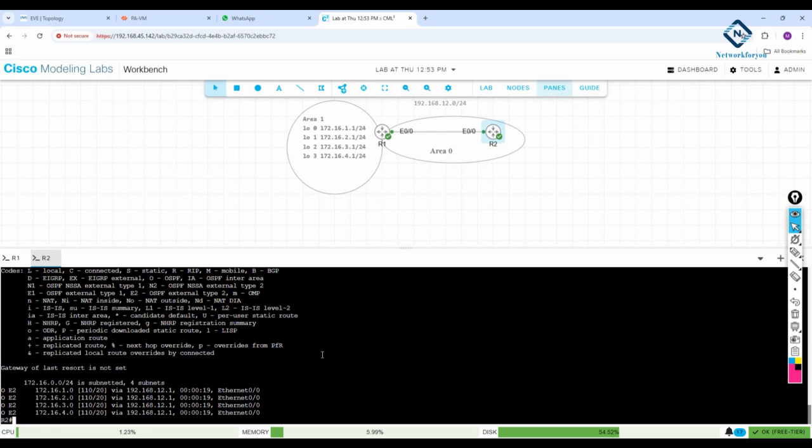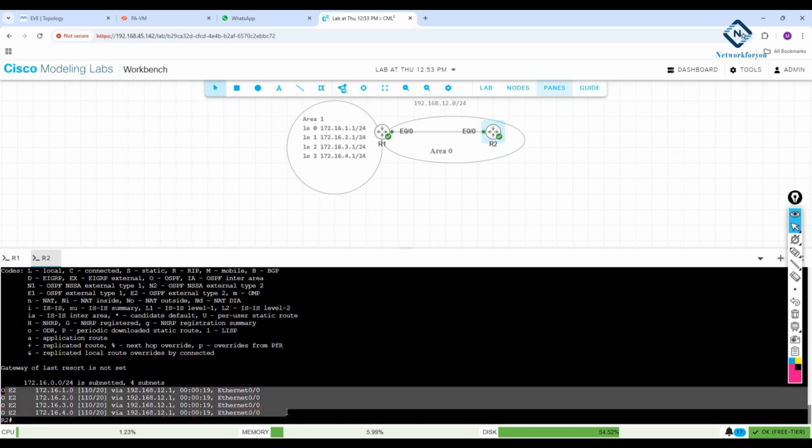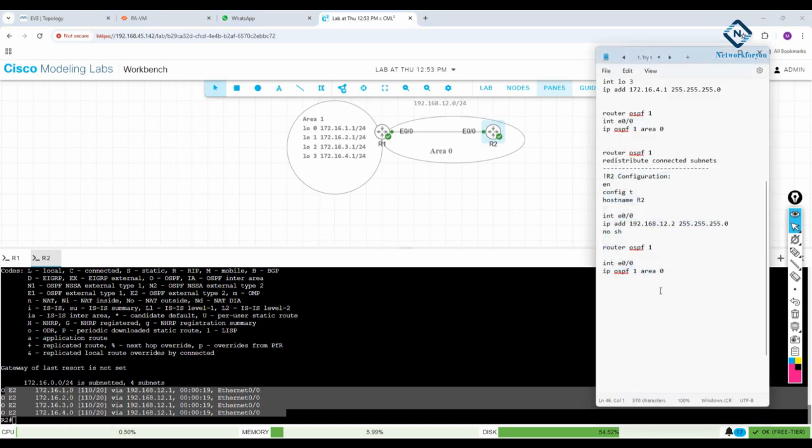So what I can do now, I will say this is only 4 routes, but imagine you are getting 4,000 routes in the real world. In your organization you are receiving 4,000 routes. Then what will you do? You will do summarization. So to do the summarization, if you remember, we will say